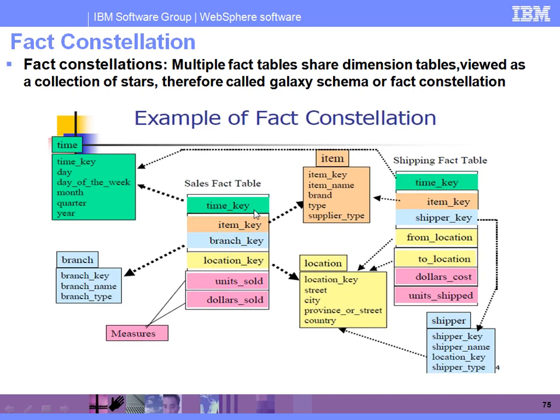And next is the item key. If you go for item, what are the items we are purchasing? Each and every item has some item ID or item key. And branch key: what are the branches we are representing here? The branch information we are going to maintain in the branch key. And location is also one type of data we have here. That location related data we are going to maintain in the location key, right? These are the four different key columns there.